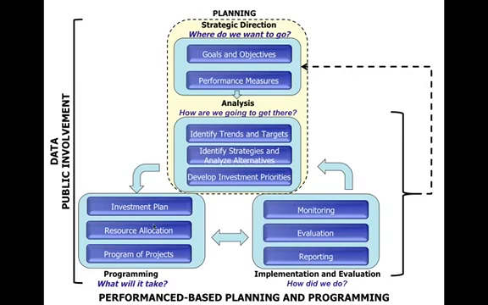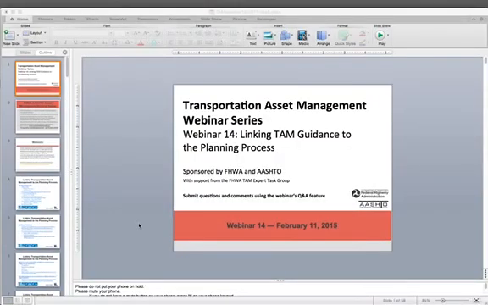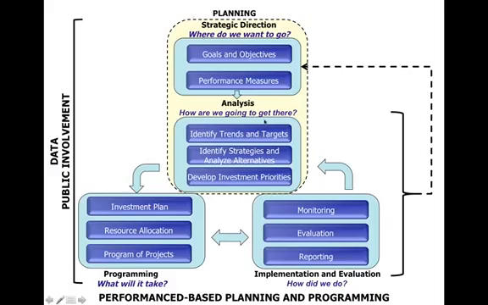A key outcome of the guidebook was the development of this framework to capture all the nuances of performance-based planning and programming. The framework you see here ties the key elements together and attempts to illustrate the cyclical nature of performance-based planning and programming. To step through the process, we start with the basic characteristics of strategic direction, or simply put, where do